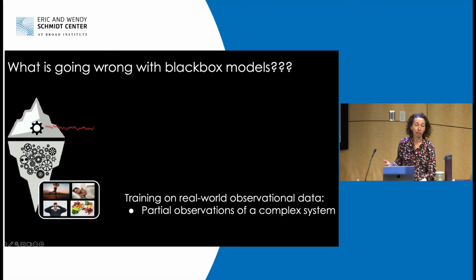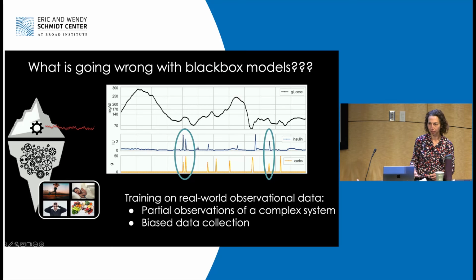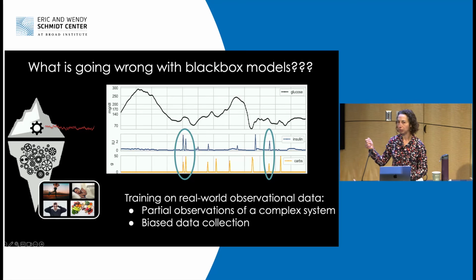Well, one thing is the fact that we're learning from just partial observations. There's this very, very complex physiological process with many unobserved sources of variation. Another challenge, though, is the fact that we're learning from observational data, right? So, for example, insulin dosing very commonly co-occurs with an upcoming meal. And so the model may incorrectly learn that every time I dose myself with insulin, glucose rises, because I'm going to eat and that will bring my glucose up. Definitely not what's actually happening, but the model could learn this.